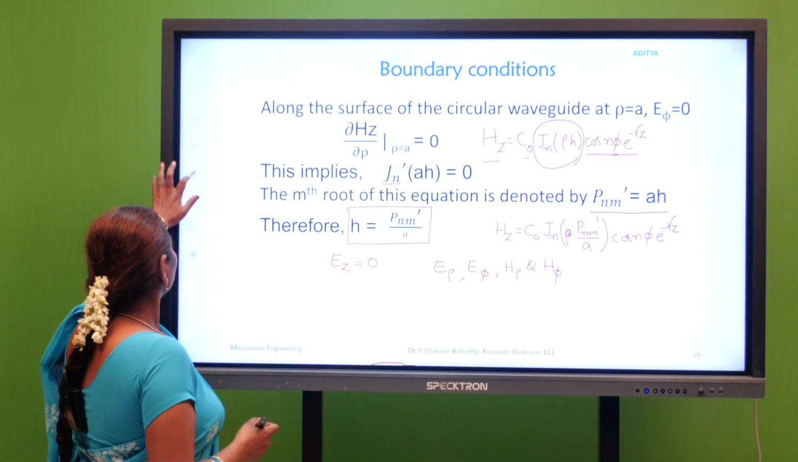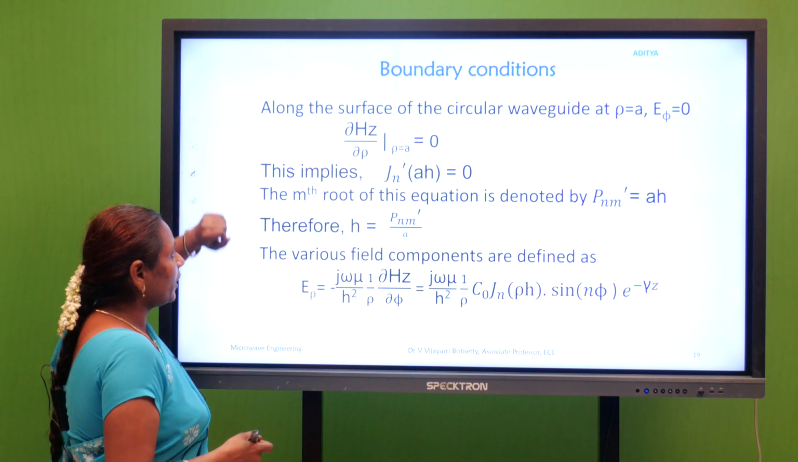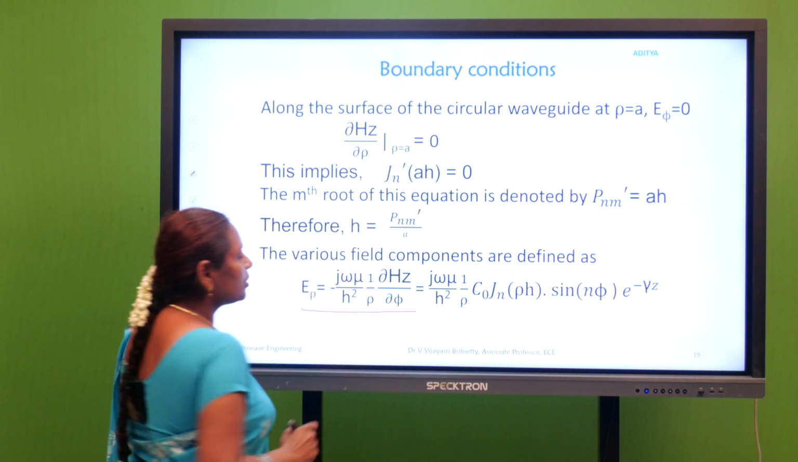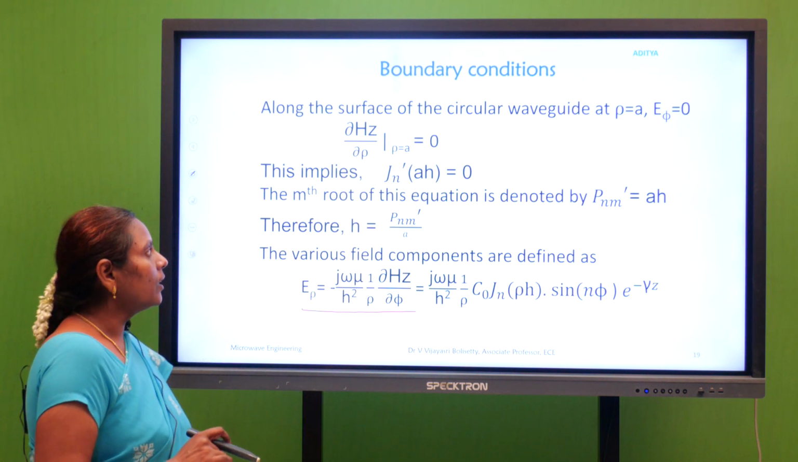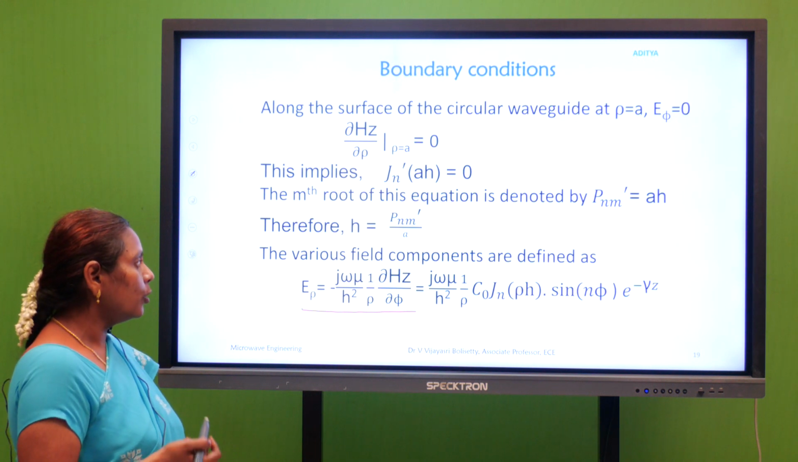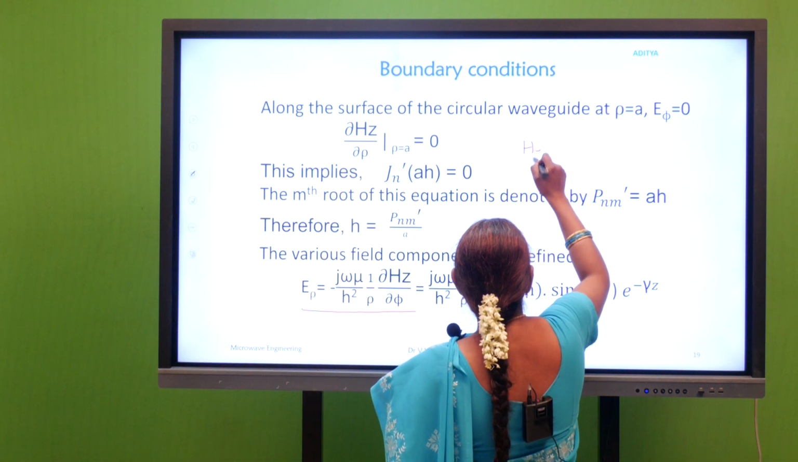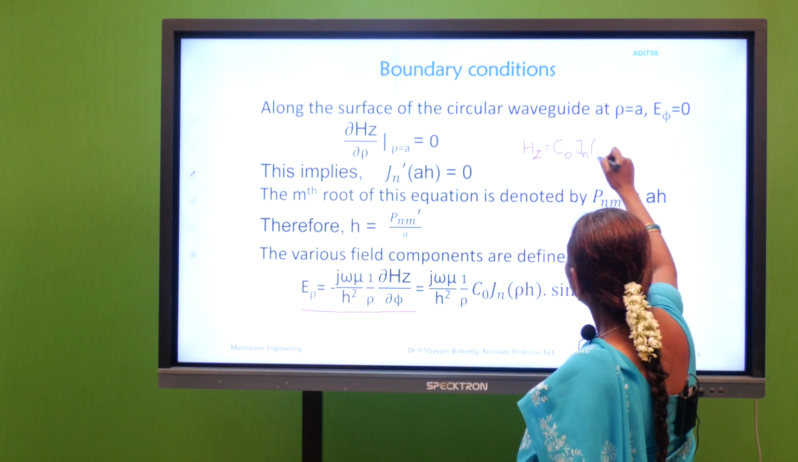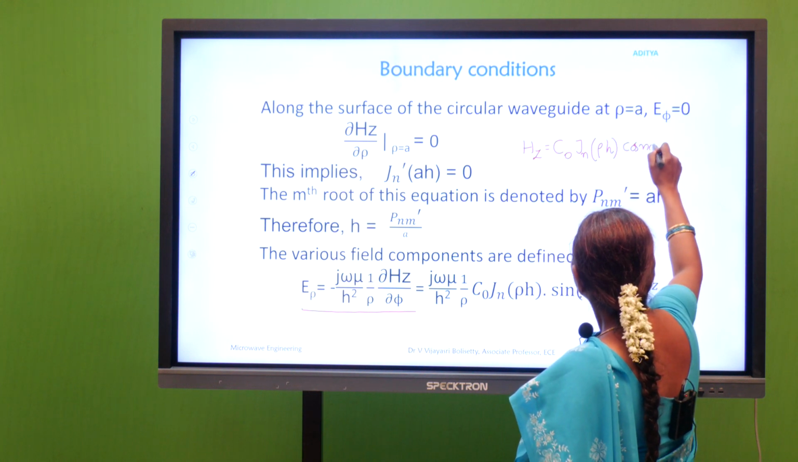So now let us define the field component first, E rho, where E rho is equal to minus j omega mu by h square times 1 by rho times dou Hz by dou phi. So we want to obtain the differentiation with respect to phi. So what is Hz? We write Hz is equal to C naught Jn of rho h cos n phi e